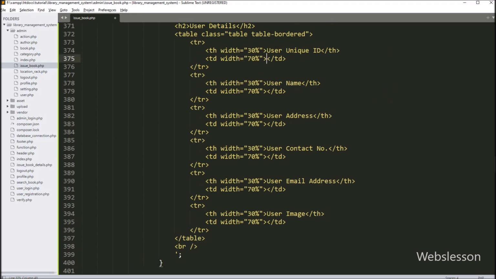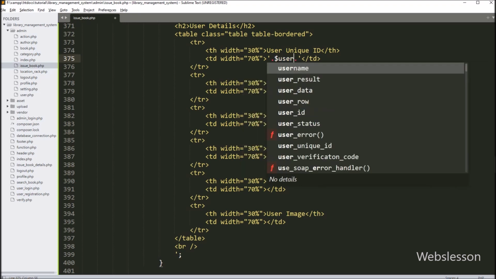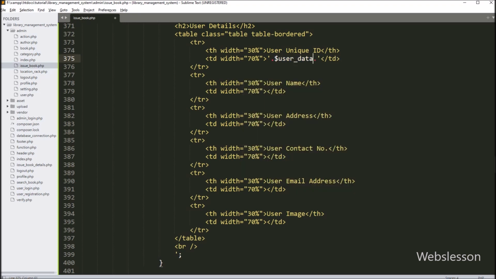Now under this, first we want to display user unique ID data, so here we have to write $user_data user_unique_id variable. After this, we want to display username data, so here we have to write $user_data with username variable. Next we want to display user address details, so here we have to write $user_data user_address variable.